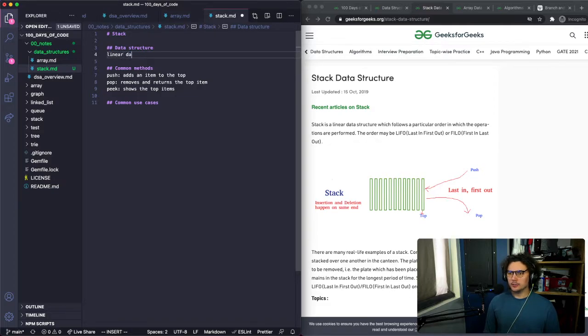It's a linear data structure that follows the